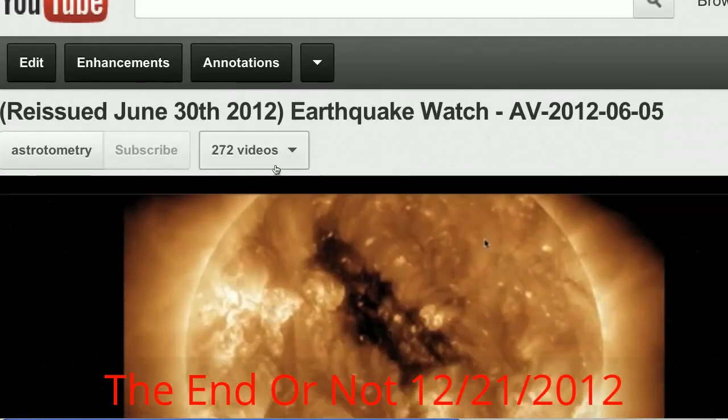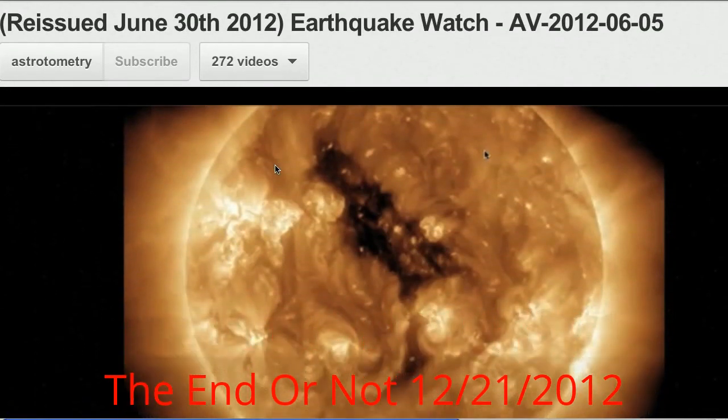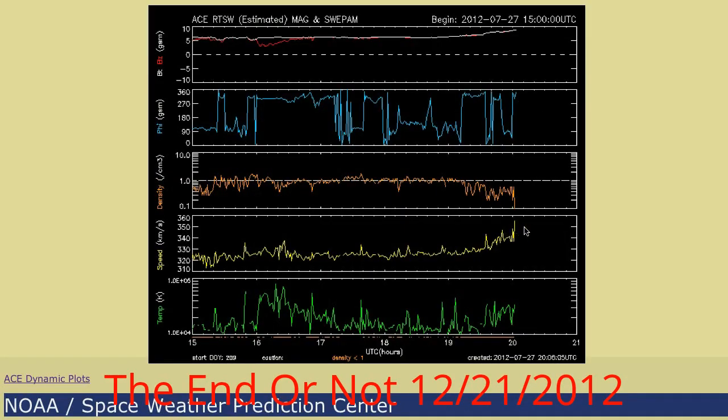So this is the same earthquake watch that's coming back around for this new time. And we should be seeing very soon the solar wind. This might actually be the ramp up for it right now as I'm making this. I usually like to try to make these watches more or less right before, within 24 hours of the time when these events arrive.